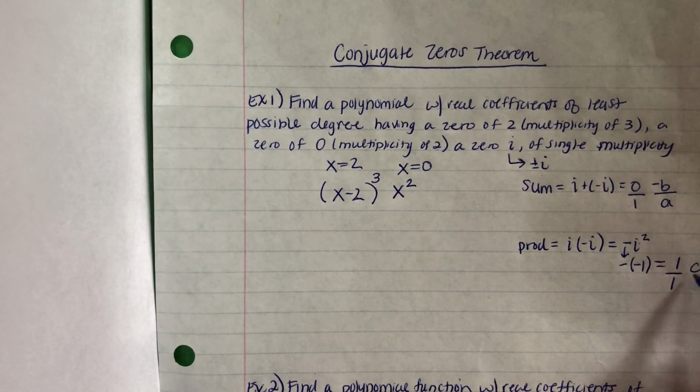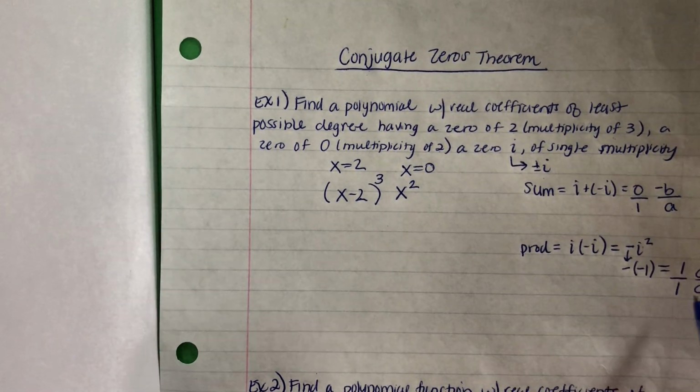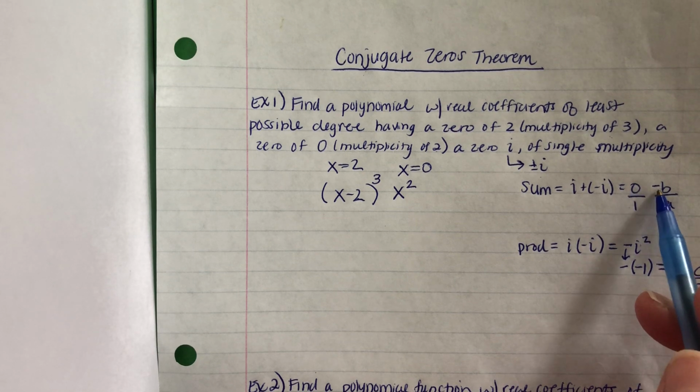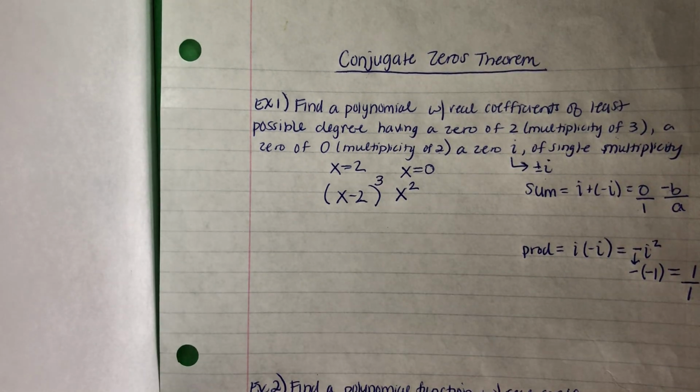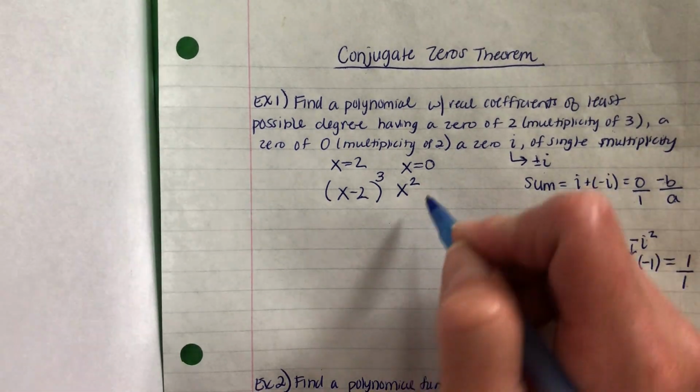over 1, C over A. So now we have our A, B, and C value. A is 1, B is 0. If negative B is 0, well, positive B is also 0. And the C value is 1. So I can write an equation,